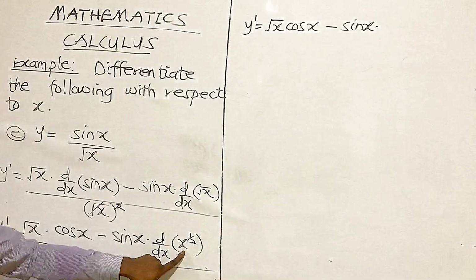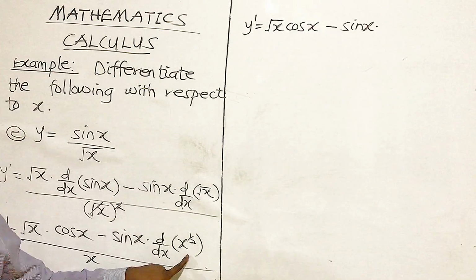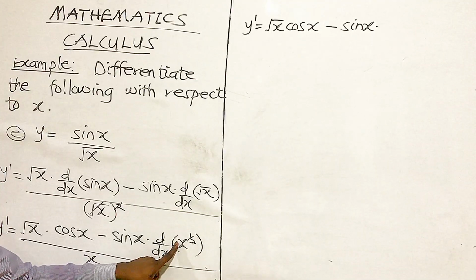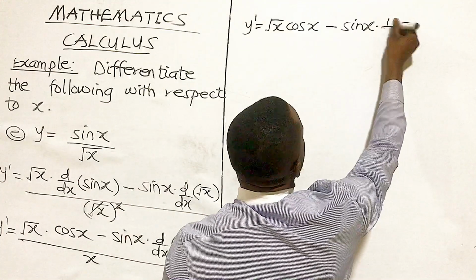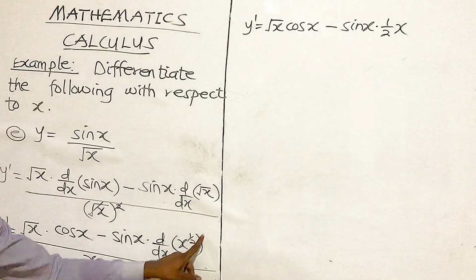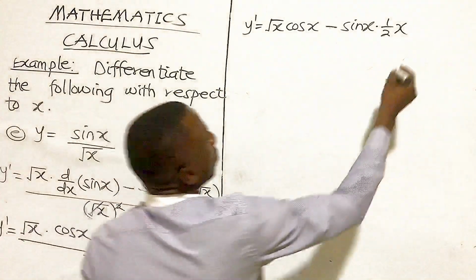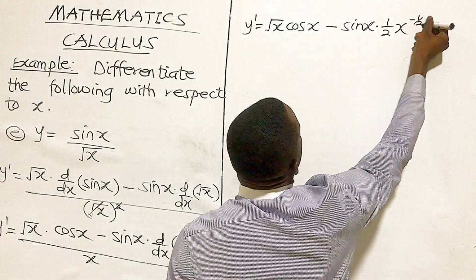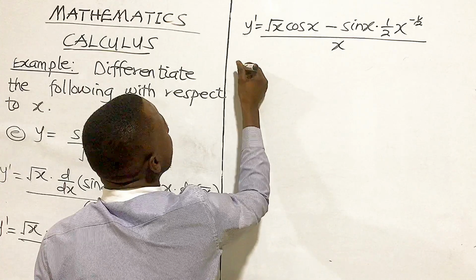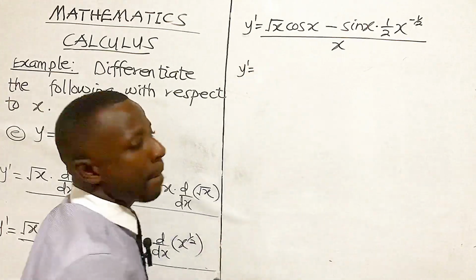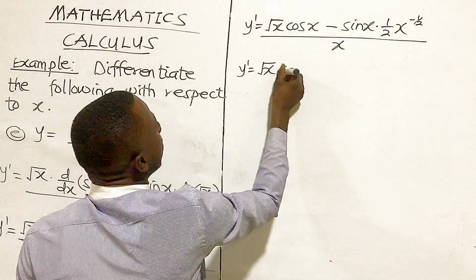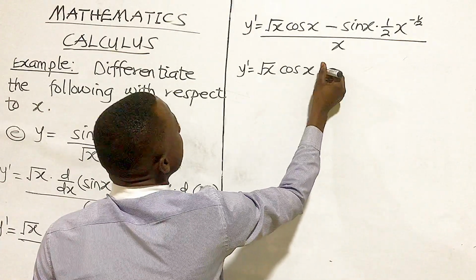multiplying, and when I differentiate x exponent half, the half will first of all multiply the x. So I have half x. Then I'll take 1 from the exponent. So I'm going to get negative half all over x. So we are moving on, which is root x cos x minus